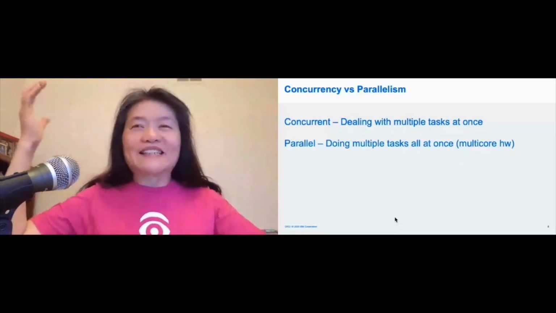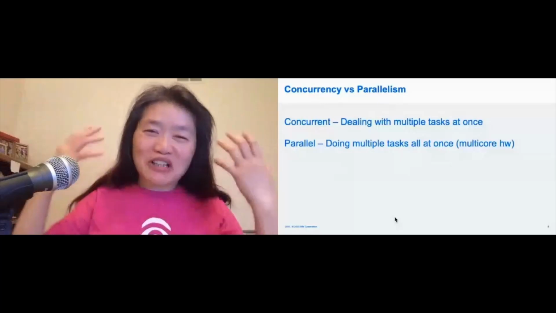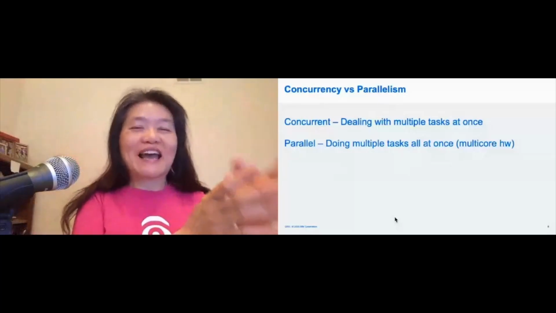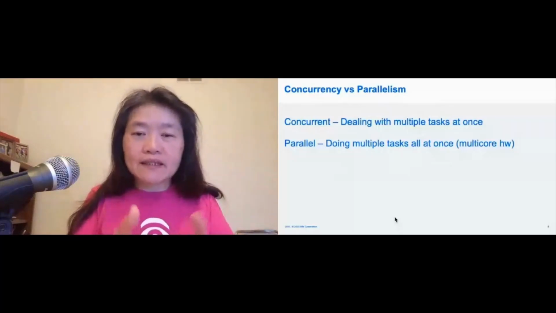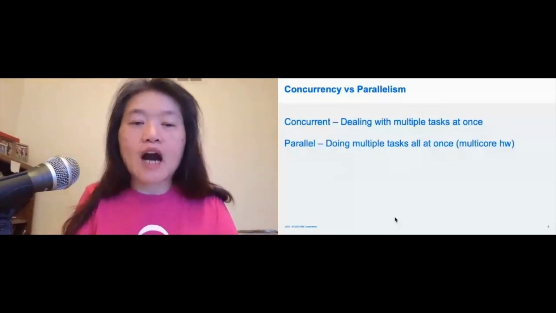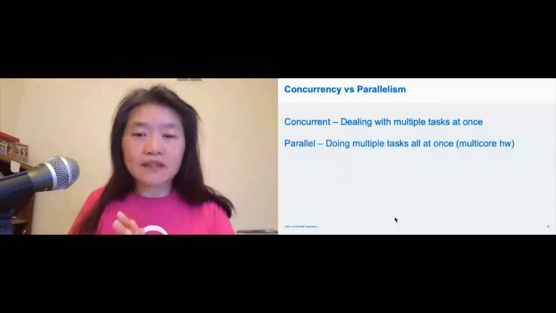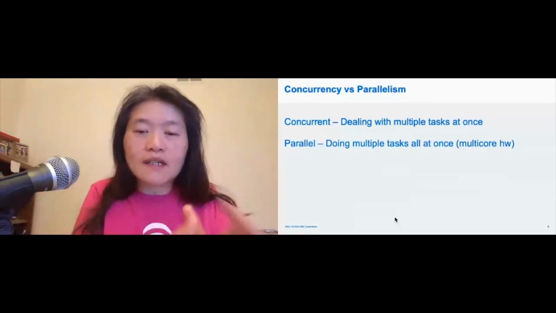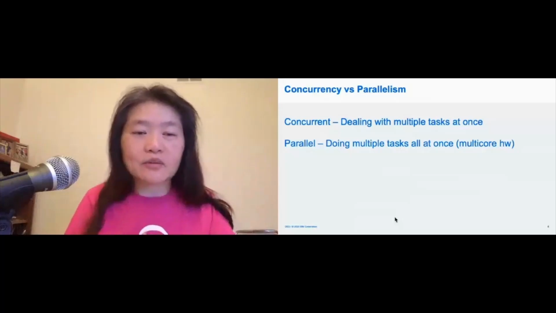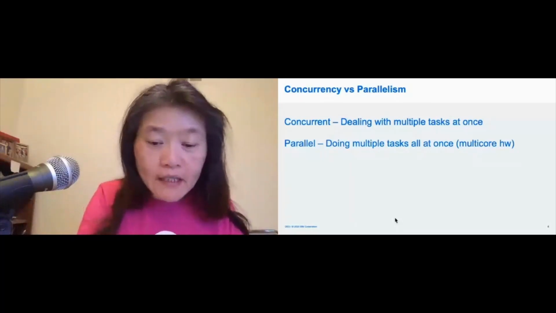My mind is like a computer itself. I may be doing multiple things all at once, but really I'm a concurrent processor, because I can only deal with one thing at one time, unlike parallelism. Parallel systems rely on having multi-core hardware, because then you can truly handle multiple tasks all at once. You can have multi-core within your hardware, and that can really handle true parallelism. So that's the goal of reactive systems.